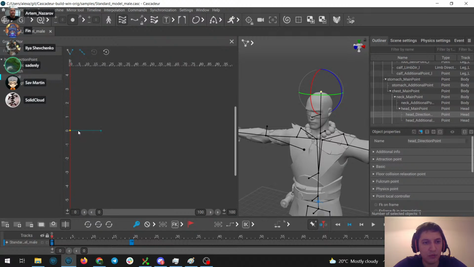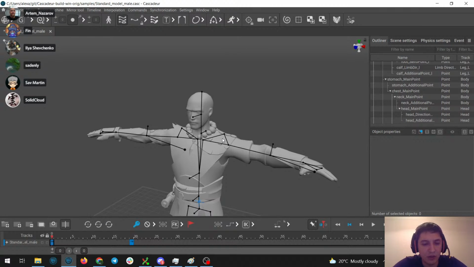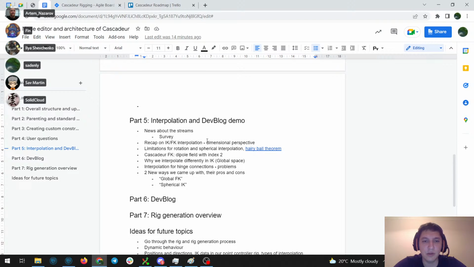Our graph editor is not really good, yes. Having said that, I wanted to go into some details today about why this data was chosen and how it works. So let's talk a bit about these types of data.